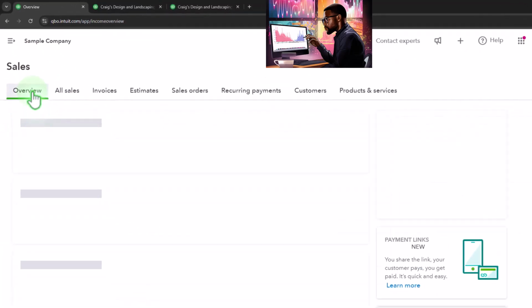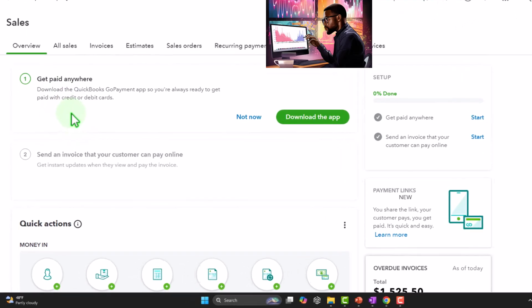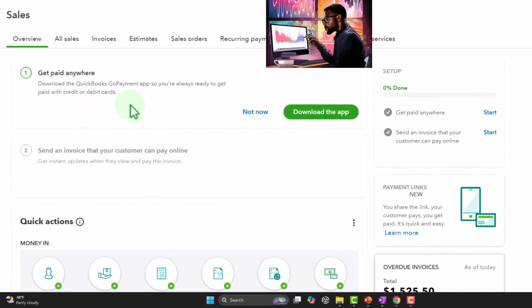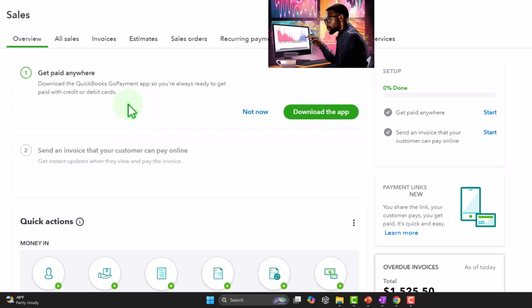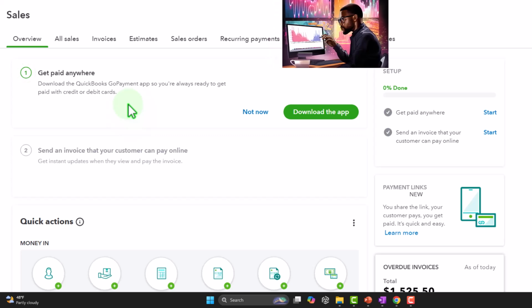So we've got the overview. Although this is the first tab, it's probably not where you're going to spend most of your time. What we have up top is Get Paid Anywhere. So download the QuickBooks Go Payment app. So in other words, they're trying to set up a process to allow you to get paid more easily, possibly through